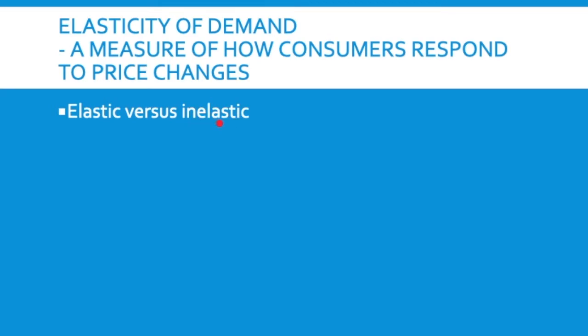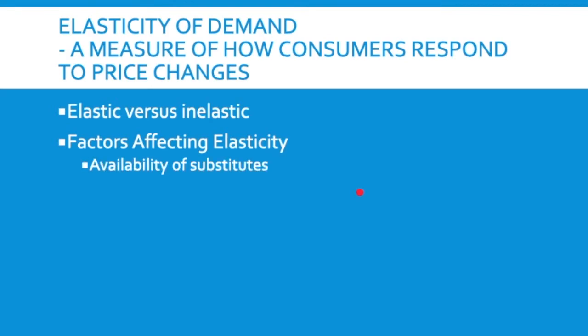Think about things that are inelastic; they're not stretchable, so those goods won't have a great change in the quantity people demand if the price changes. Those might be things more like what you need. So let's look at some factors that can affect that. Factors affecting elasticity: the availability of substitutes.